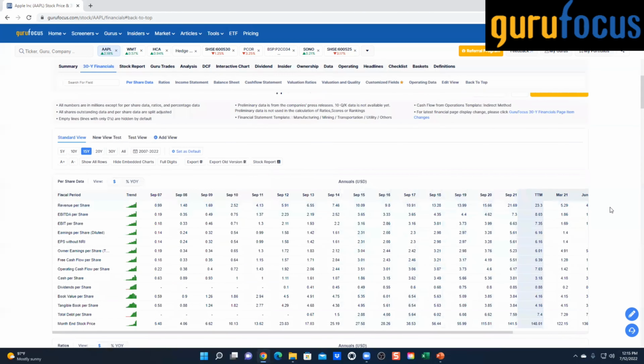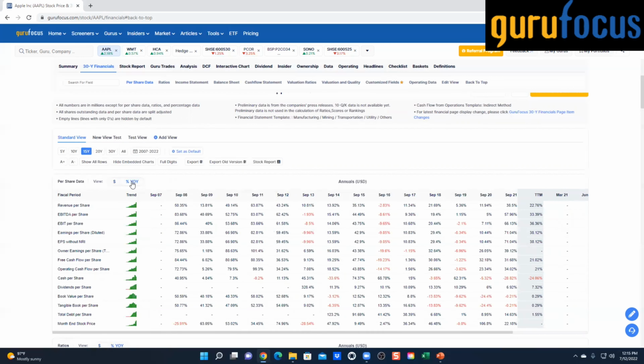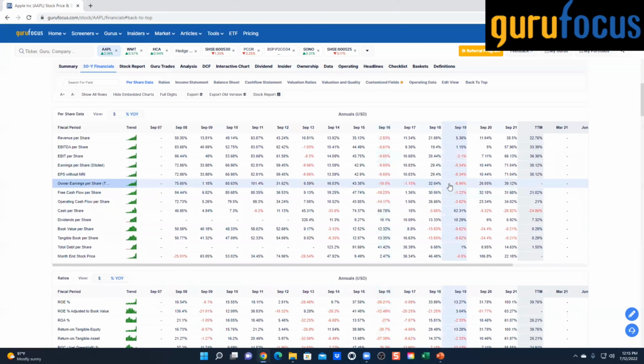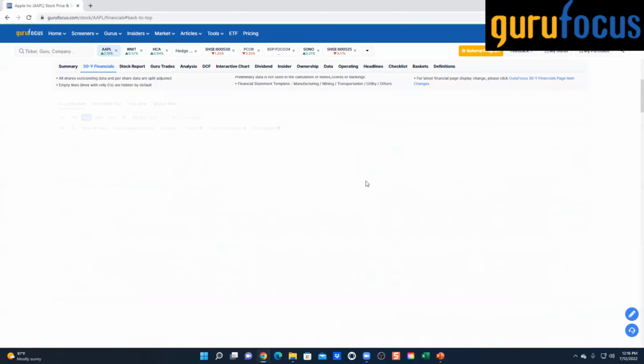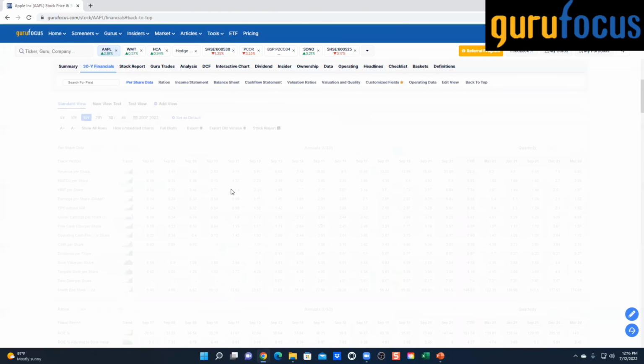And let me go further here. Here we show all the dollar amounts. If you want to see the year-over-year change, you just click on here. All the negative numbers are in red, which makes it very easy to see what's going on. And if you look at the data here, you can look at the data not just